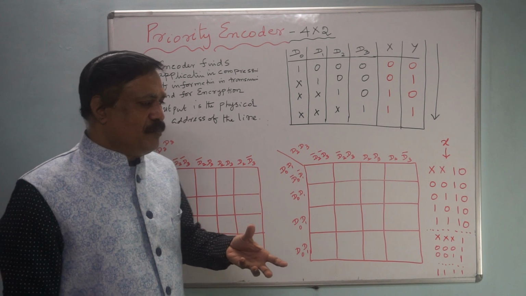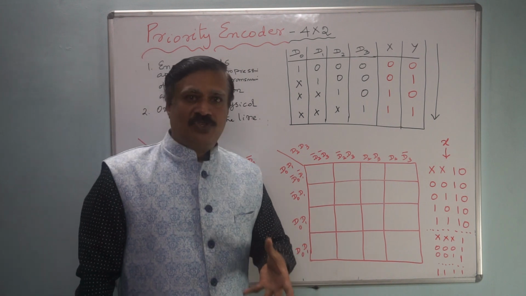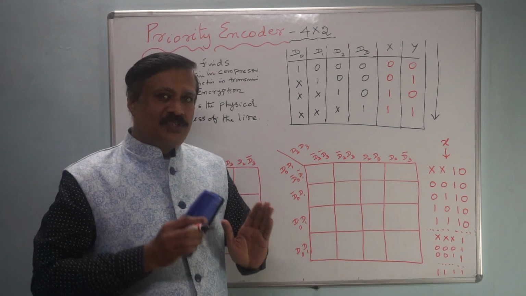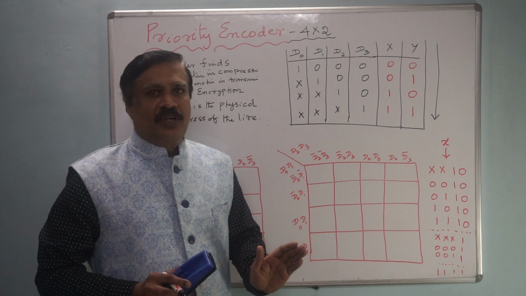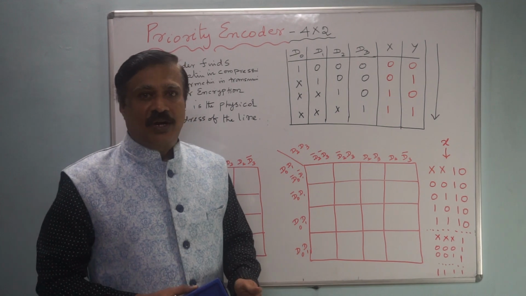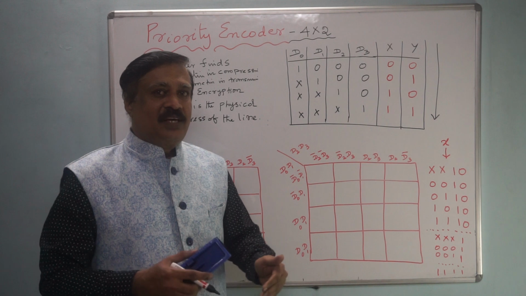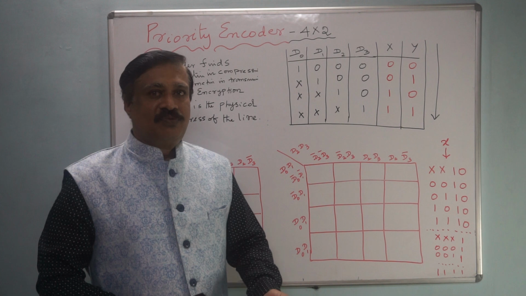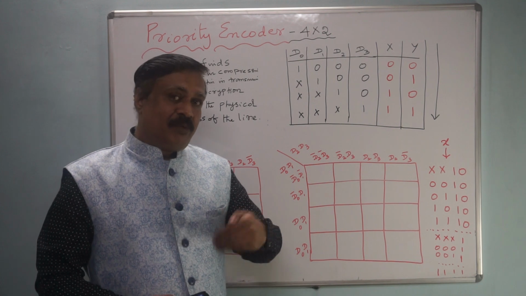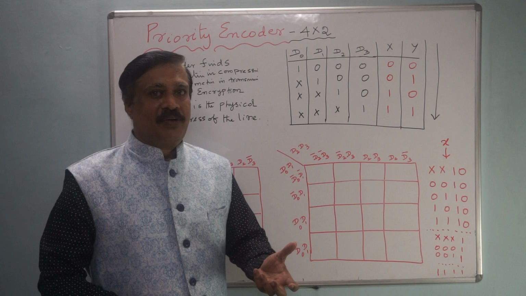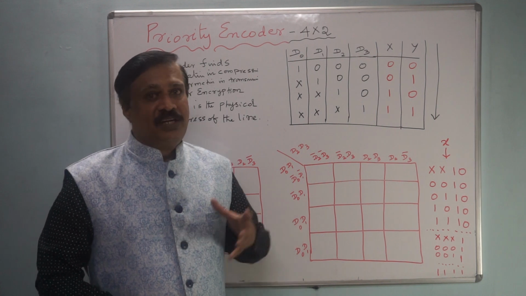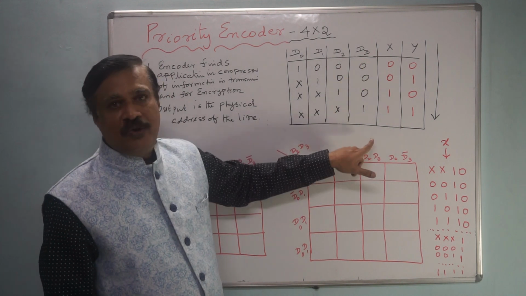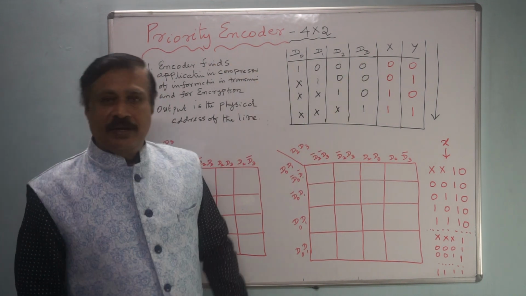Let me give you an example. If 2 persons are applying for a job, as per the rule, if both have the same qualification, everything the same, then priority will be given to the senior, just like elderly people, because they will not have any chance further. The elder may not have a chance, but the younger may. Therefore, priority is given to the senior. Just like here, priority is given to the high value. That is called a priority encoder.